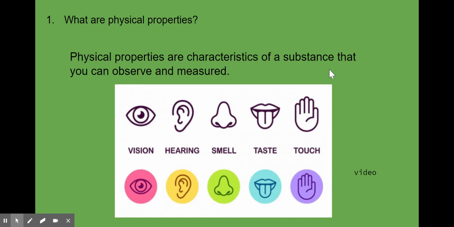Physical properties are characteristics of a substance that you can observe and make measurements of. So, things you can hear, see, taste, smell, touch, feel, all those things. The way you would describe it is a physical property. So, if I told you in my hand I have something that is small, feels like a square, maybe a cube, it's solid, sounds like wood when I tap it, those are all physical properties. If I open my eyes and say it's brown, that's a physical property. Anything that you describe something with is a physical property.